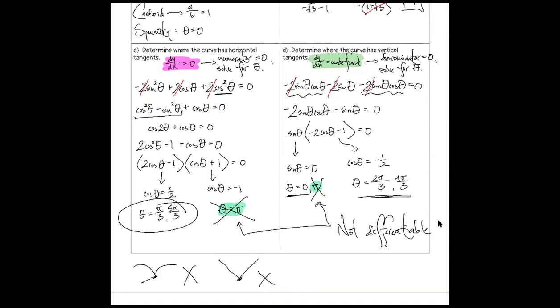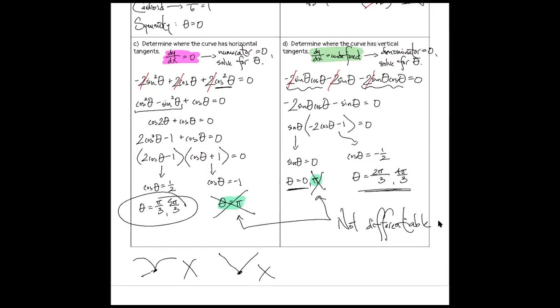I will take that back. So anytime you see a place where more than one tangent line is possible, then we say that point is not differentiable, okay? All right,